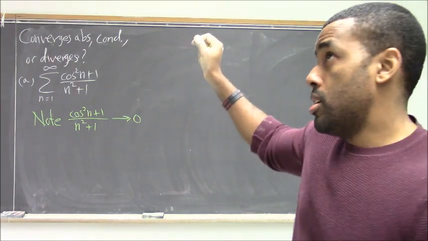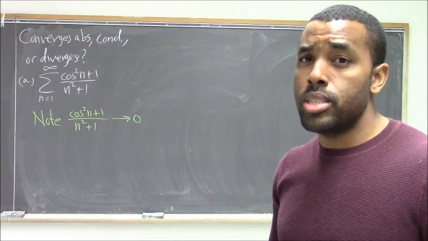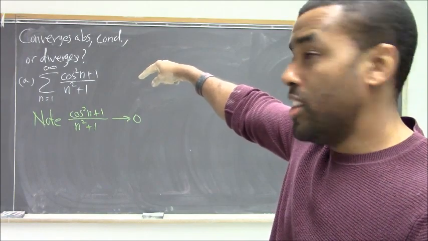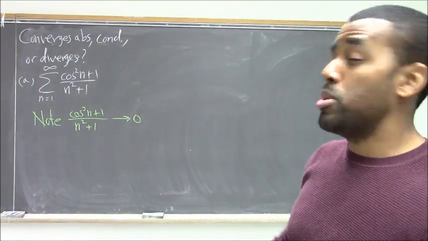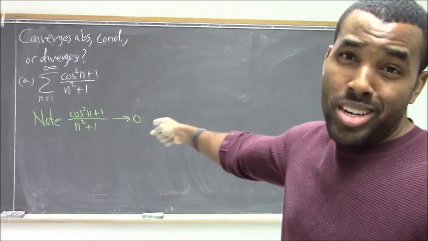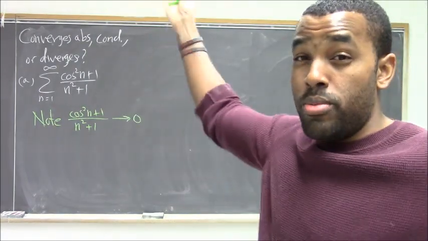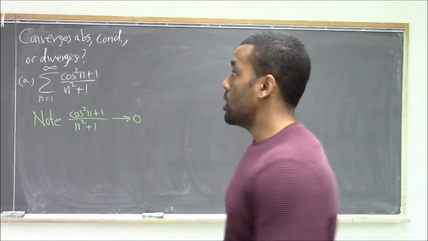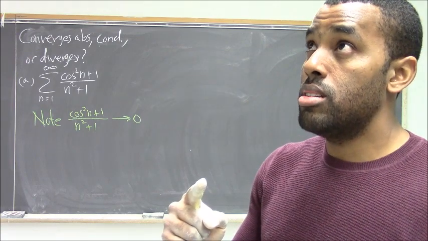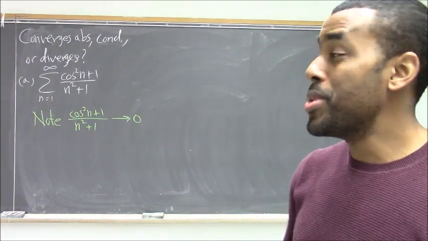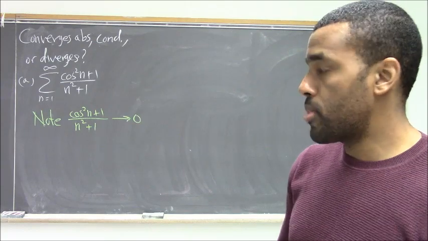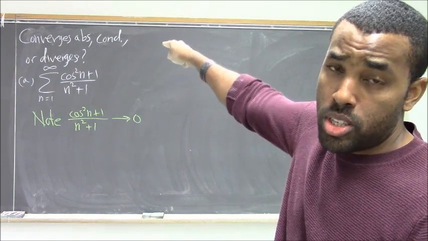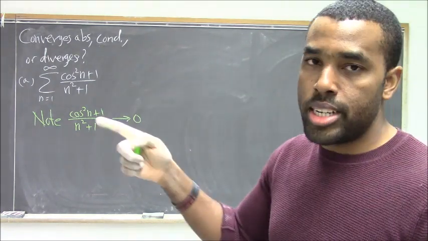To prove that, strictly speaking, you'd use something like the squeeze theorem, but it kind of just makes sense. Cosine's largest possible value is 1, which means the largest the numerator could possibly be is 2, and the denominator is a quadratic, right? So the denominator is going off to infinity, while the numerator stays very small. It's going to go to 0. So we know that it doesn't necessarily diverge, right? We don't know if it converges yet, but we don't know enough from the test for divergence to talk about that. Now, because the problem asked me about absolute convergence versus conditional versus divergence,